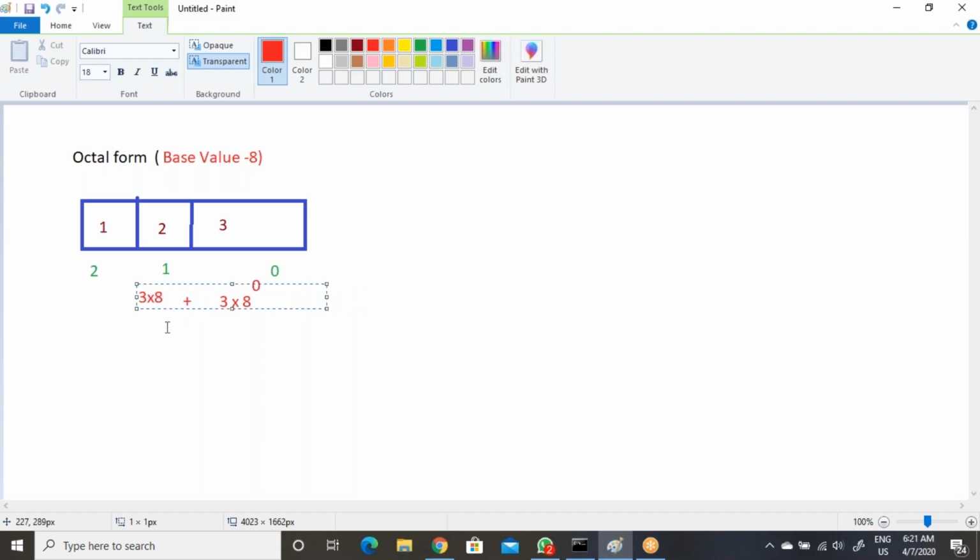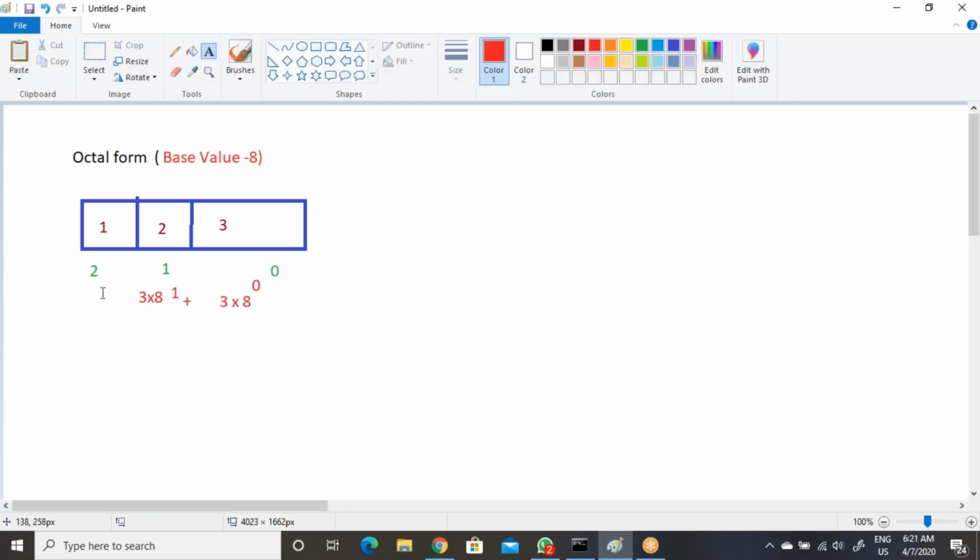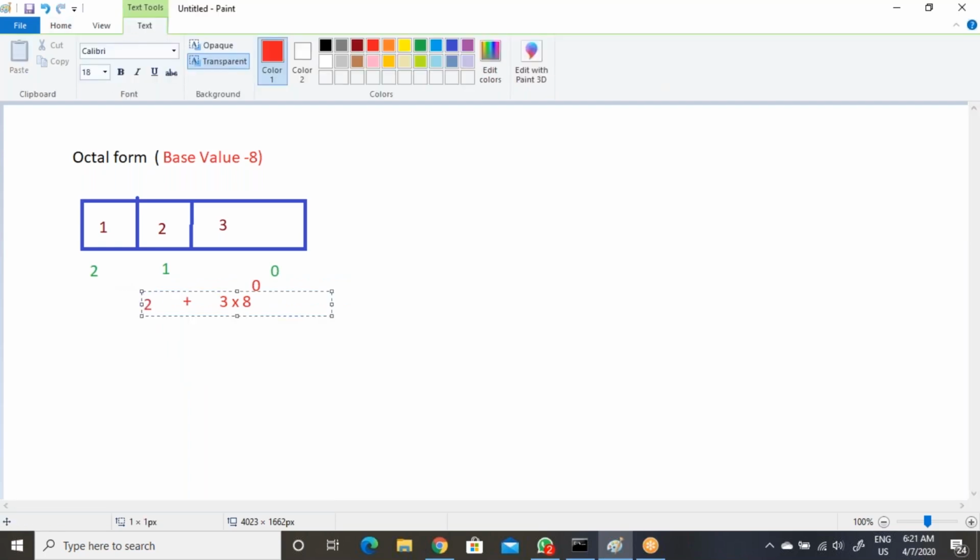So 1 into 8 square is 64, plus 2 into 8 power 1, which means 8 only, that is 16, plus 3 into 8 power 0, which is 1, so 3. So 64 plus 16 plus 3, total 83.